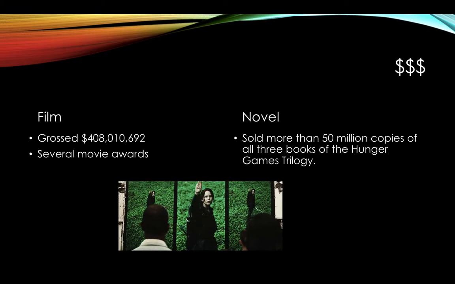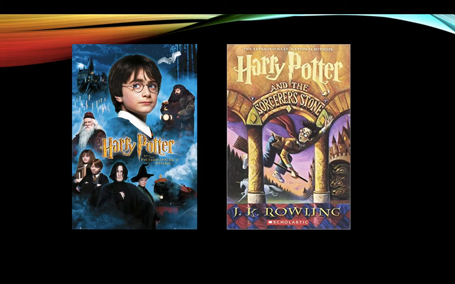Last but not least, though, we are going to talk about Harry Potter and the Philosopher's Stone, or Harry Potter and the Sorcerer's Stone, kind of interchangeable nowadays. So Harry Potter and the Sorcerer's Stone actually was written by J.K. Rowling in 1997. It's one of 7 books surrounding the wizarding world of Harry Potter.